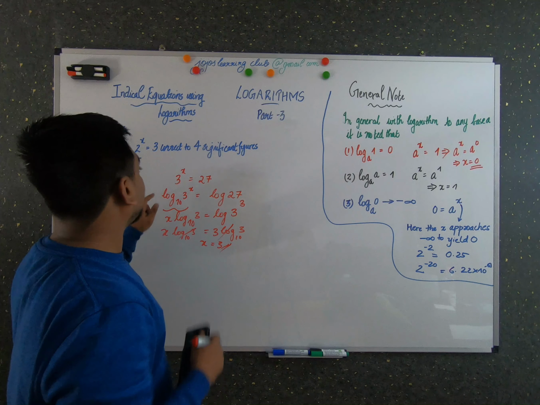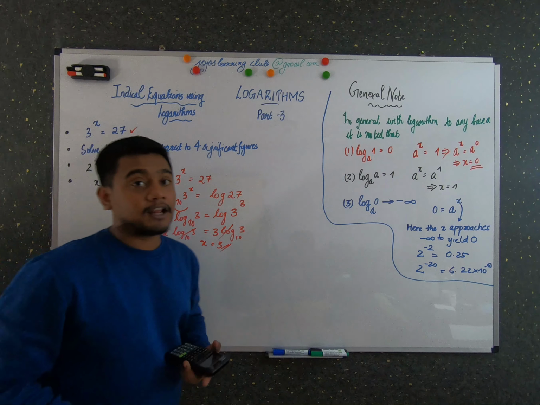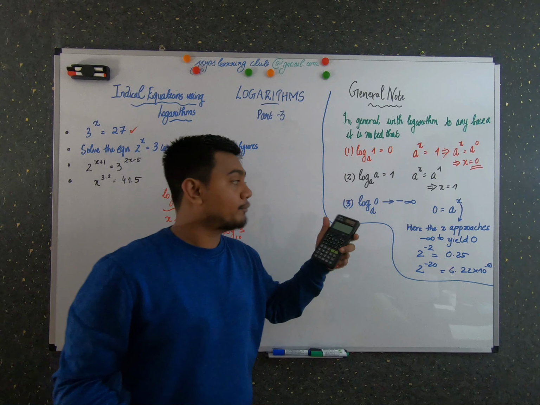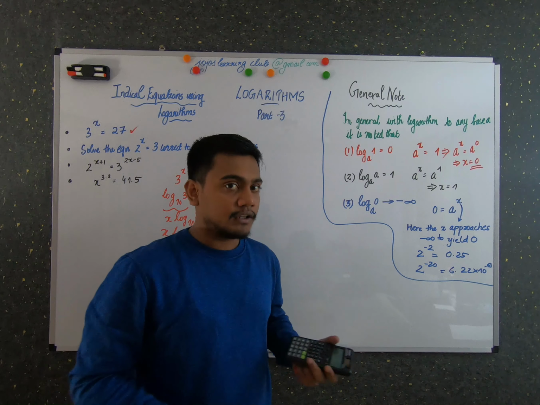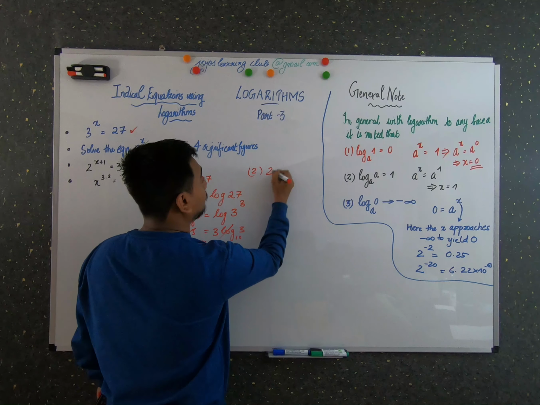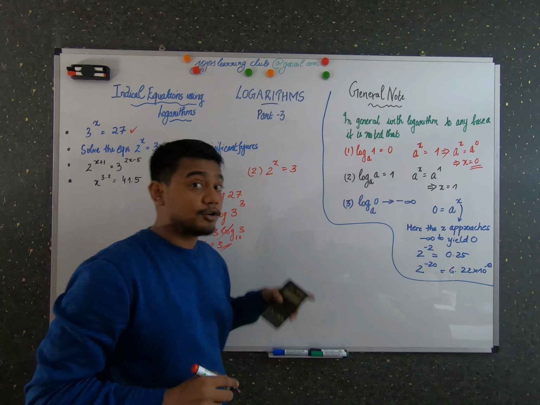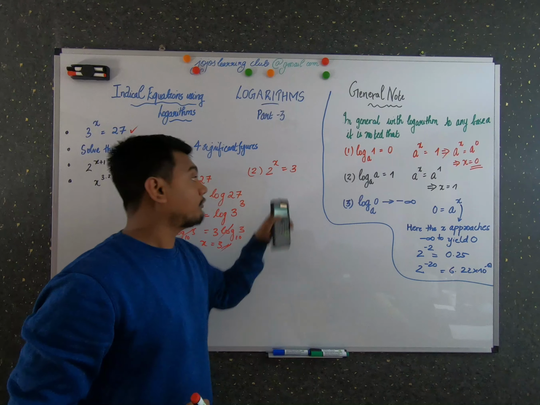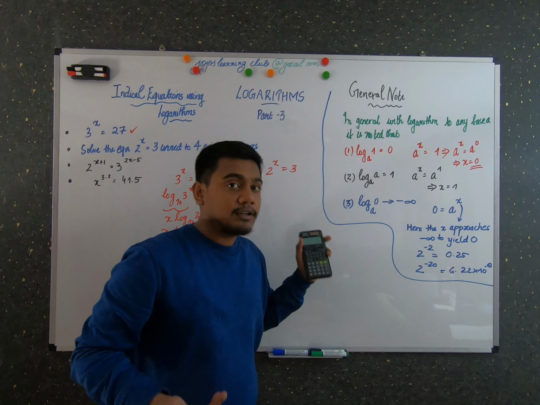Okay, so the first problem is over, and now let's do the second problem in a similar way. From the second problem, you need a calculator or scientific calculator to do your further work. Now let's do the second problem, that is 2 raised to x is equal to 3. Similarly, you have to take logarithm. For ease of doing, I am taking log to the base 10.